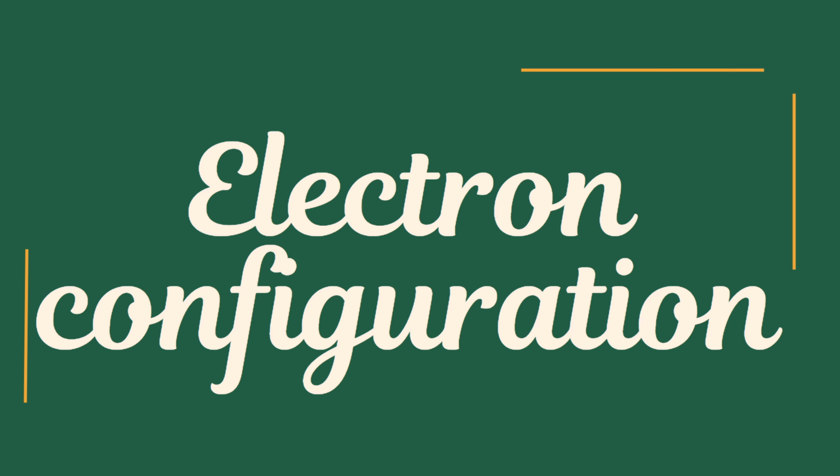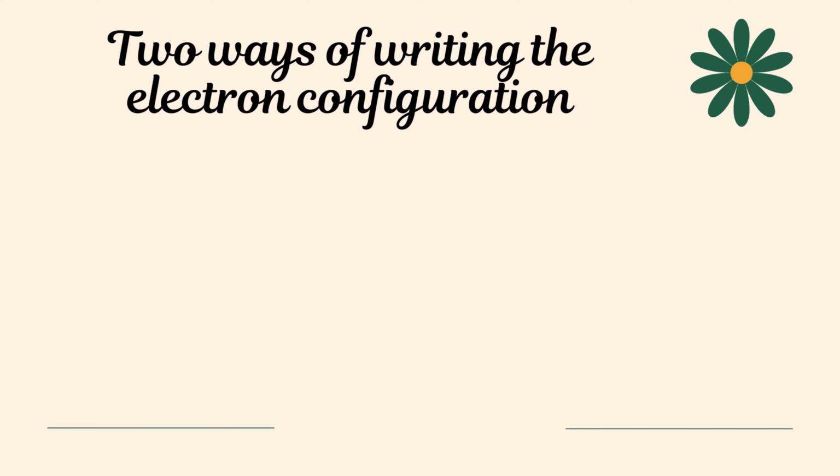Hi everyone, today we're going to learn about electron configuration. There are two ways of writing the electron configuration. The first way is by using the periodic table. The second way is by using this method, where we write the levels that we have, the quantum number, the energy levels,